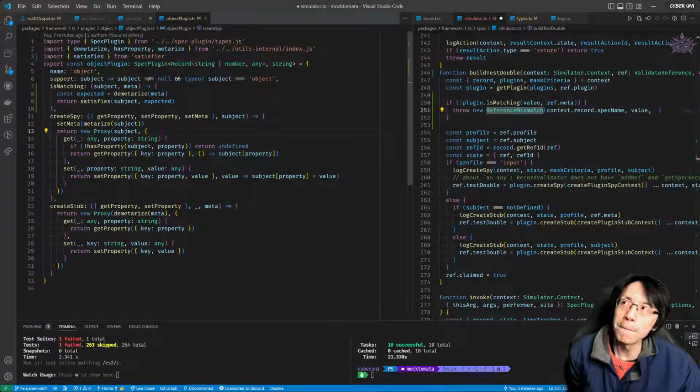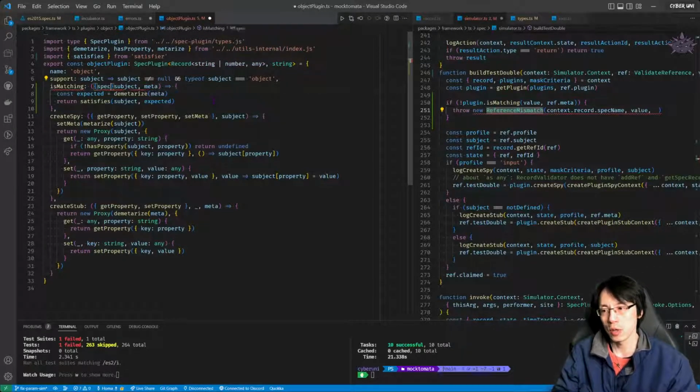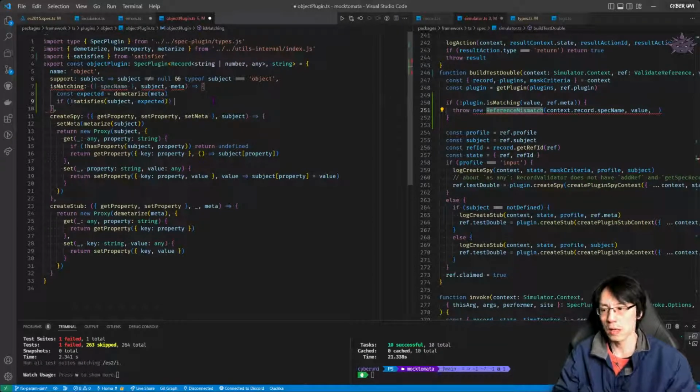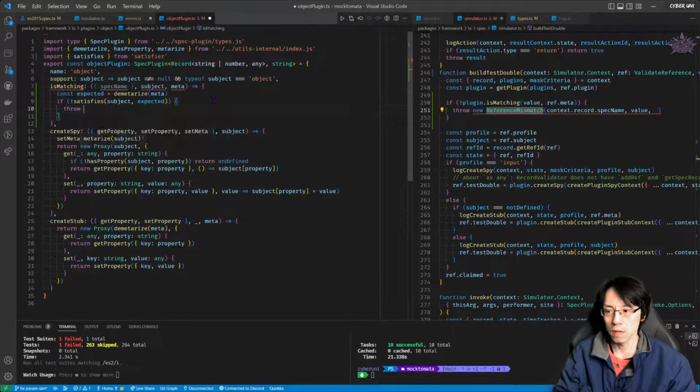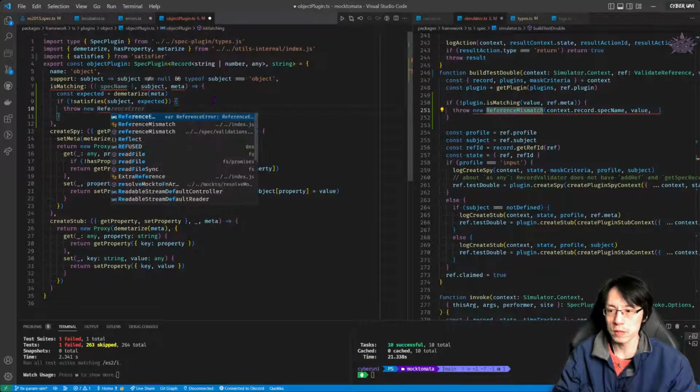However, I think it should be good. It should be okay to do that. And so spec name, I can ask it to do this, and if not satisfied, then throw a new reference error,